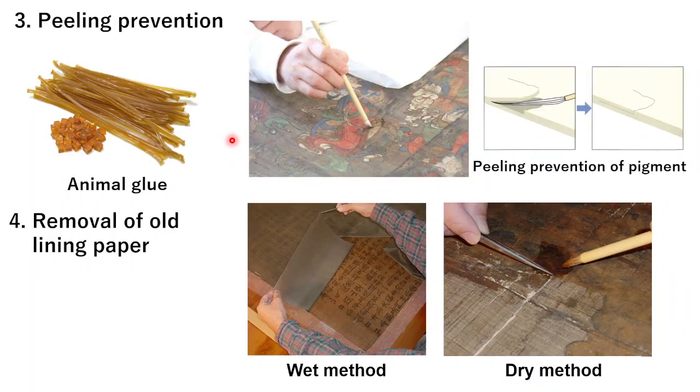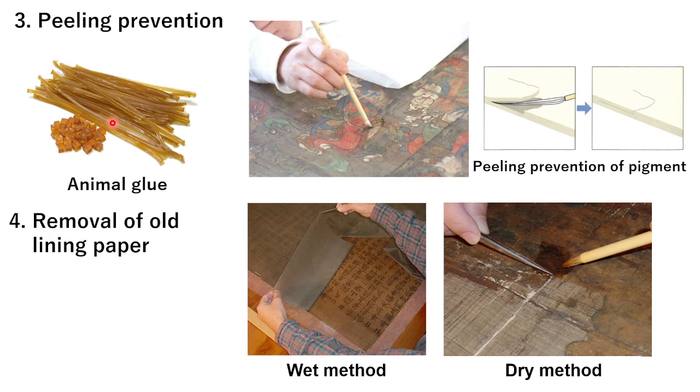Next, the process for preventing peeling is carried out, and since the old paint layer is built up with natural aging, animal glue solution is applied to reinforce it and to fix it to the painting paper. Most Oriental paintings use paint mixing powdery pigments and animal glue, so most of the adhesives used for peeling prevention are the same animal glue.